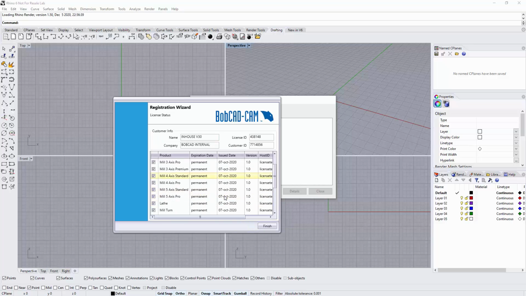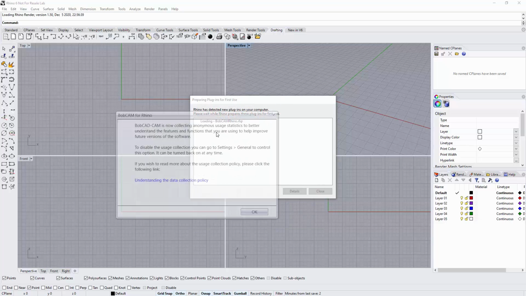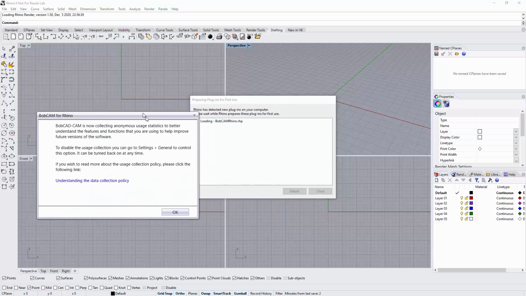And then right here is all of my information. So it's got my license ID right there. So you're going to want to make sure you write that down so you know which license ID you're using, as well as your customer ID, just in case you need to call tech support and ask them a question. That's how we know who you are. So when I'm done with that, I could say finish, and then it's just going to continue loading my BobCAM